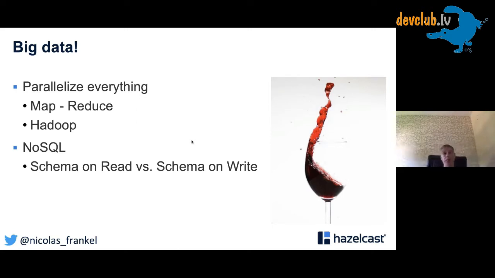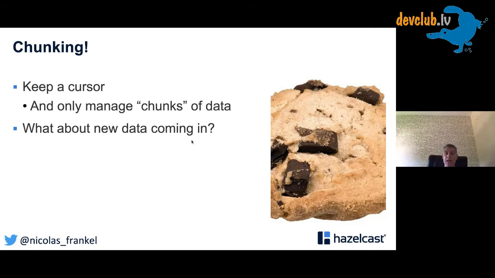Another way to handle the issues that I described before is, instead of loading everything in memory, you load only a chunk of it, and then you keep an offset, a counter from the chunk, so you keep track of what you already processed. Now you have other issues because meanwhile there might be new data coming in, so it might not be so great for your cursor. But depending on the kind of data you want to handle, it can be an approach.